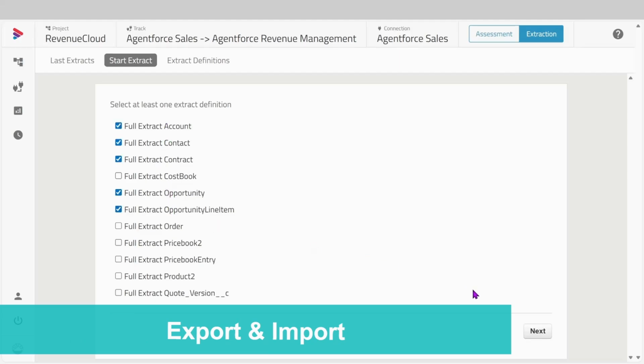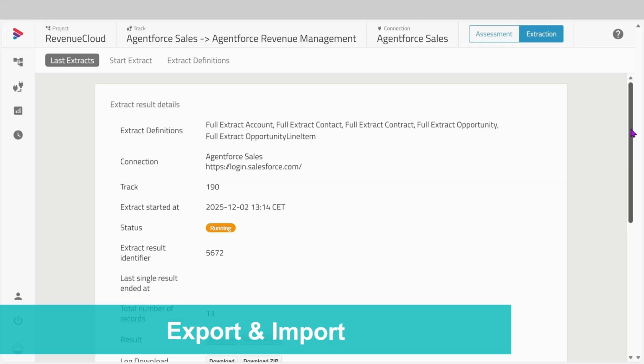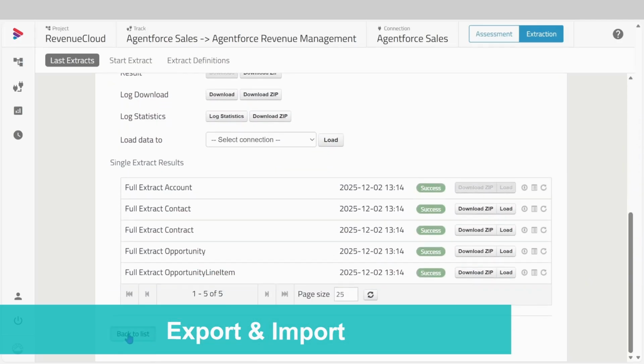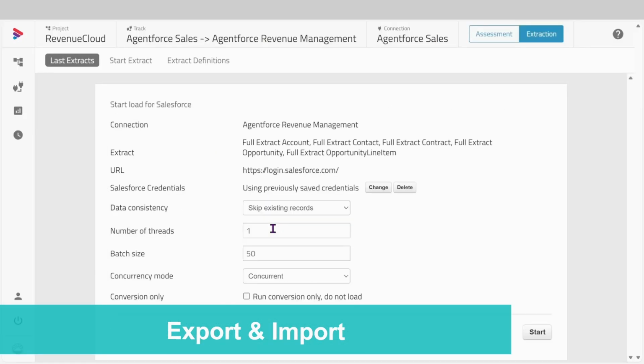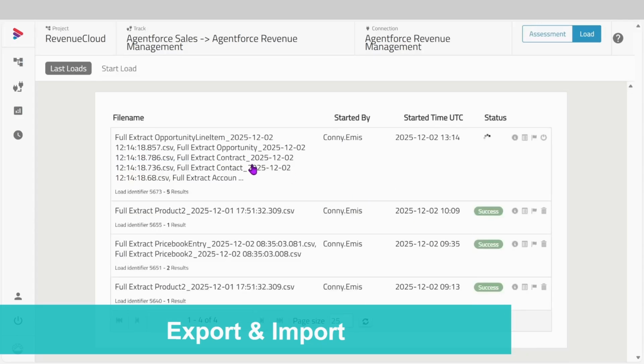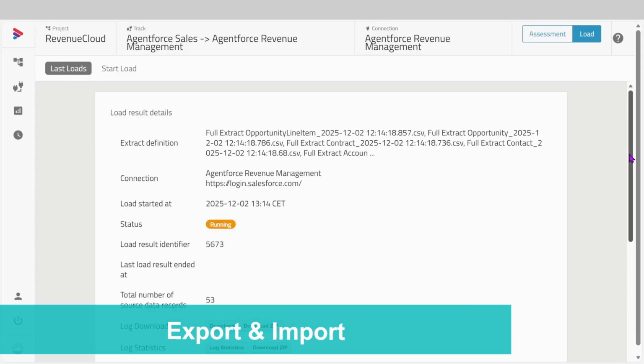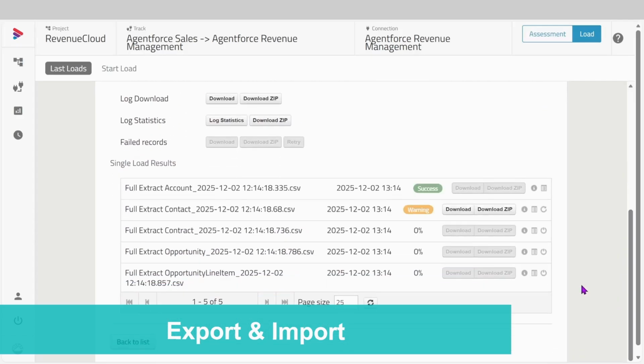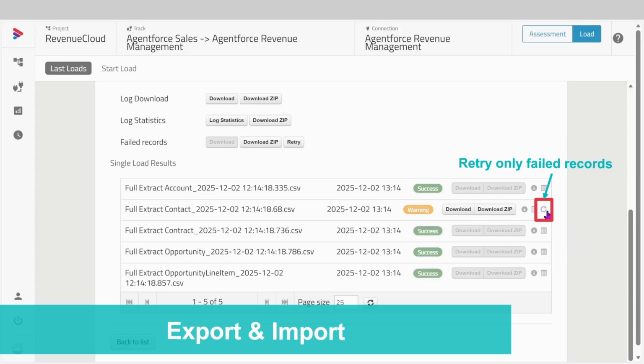Users can execute multiple exports in a single batch, and the same goes for imports, or any combination of them. If any export or import fails, you can automatically rerun the failed portions instead of repeating the entire job. Imagine a future where migrating 5 objects doesn't require 5 separate exports and imports, but just one flow to complete the entire job. That's the level of efficiency that we enable.